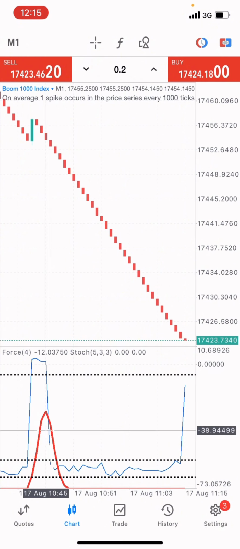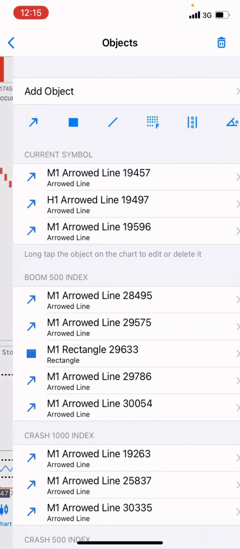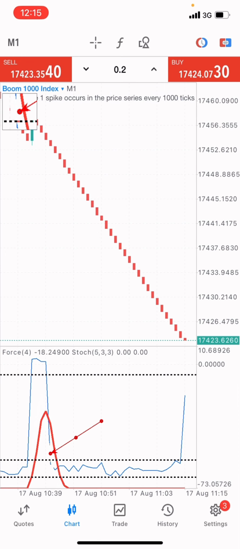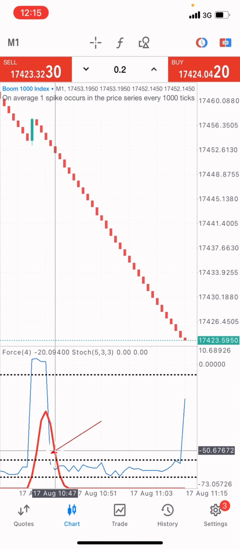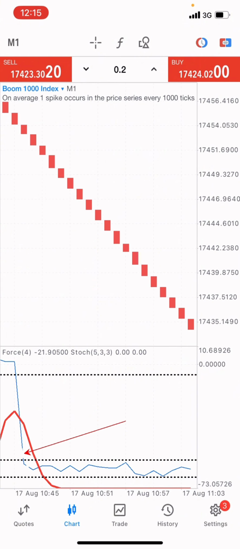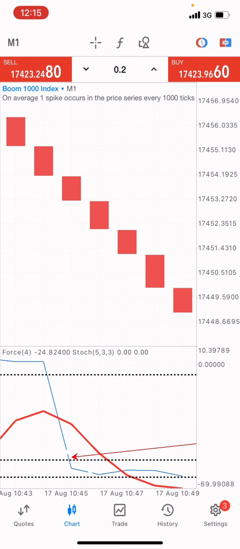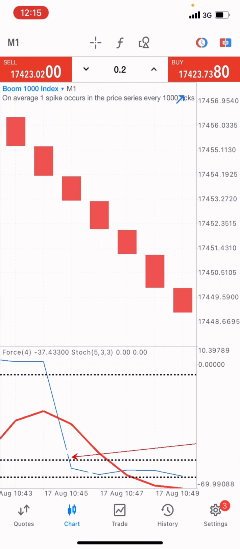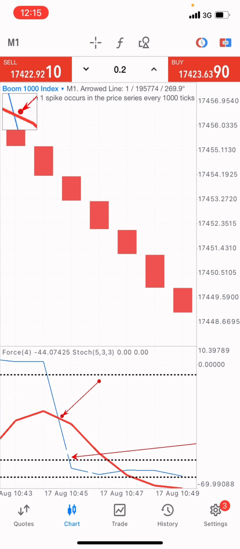Okay, so I call this point the safe zone. Let me mark it for you guys so that you can see this point right here. I call it the safe zone. Okay, this middle right here, let's zoom in a little bit so that you can see what I'm talking about. Now this space here, you can see this arrow is inside the safe zone. Okay, so at this point right here, let me mark it for you guys so that you can see what I'm talking about. At this point right here, this crossing right here,